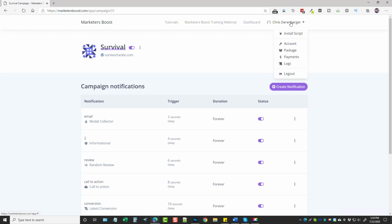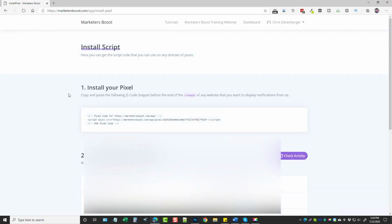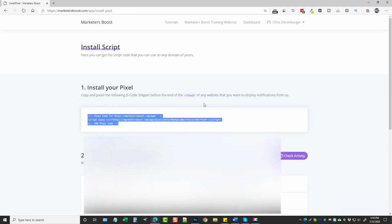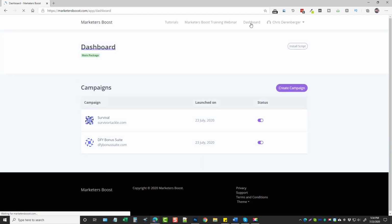So if you hover over your name here, you can click on Install Script. The only thing you have to do here is take this code and put it in the header of your website. Then you're going to have to wait a few minutes, maybe 5 minutes, and then you click check activity, and then it adds it. And that's all there is to adding it. And then what happens is you go to your dashboard,